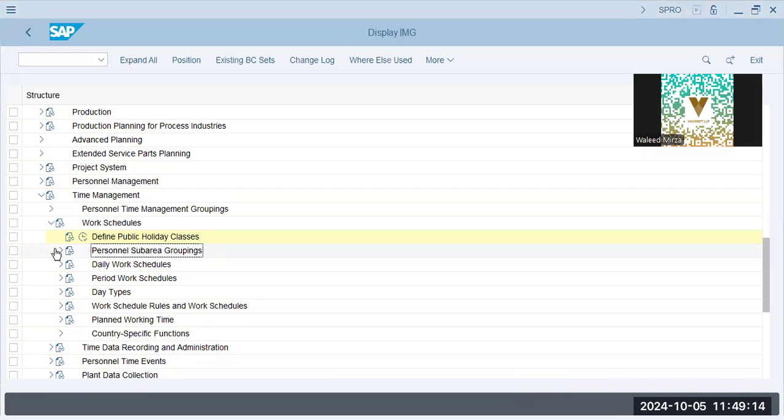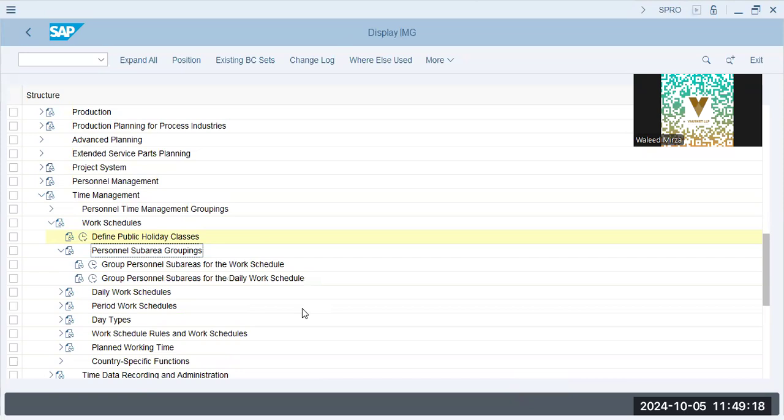Okay. Personal sub area grouping. This is an important part. Now, sub area grouping, basically personal sub areas are factory and office. Okay. Personal area is your geographic